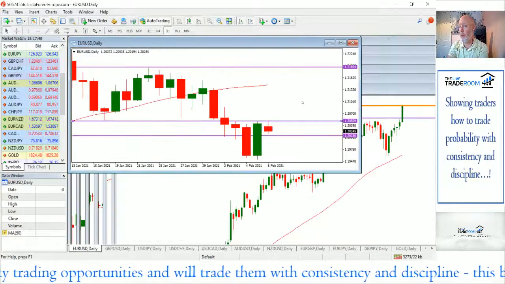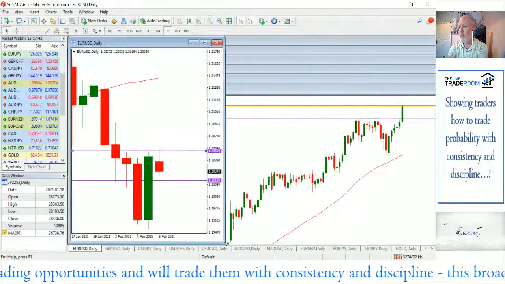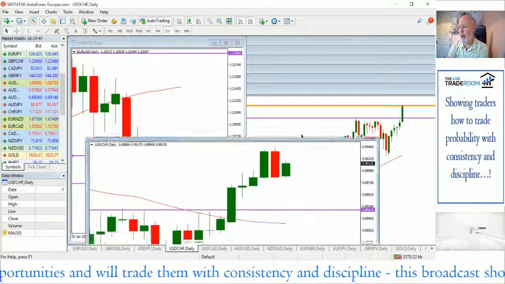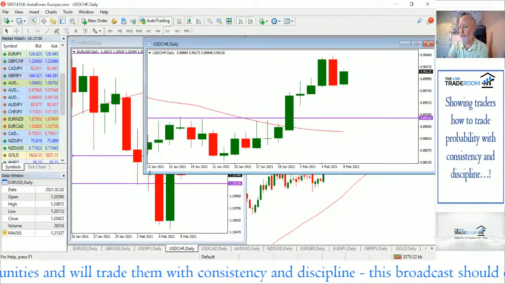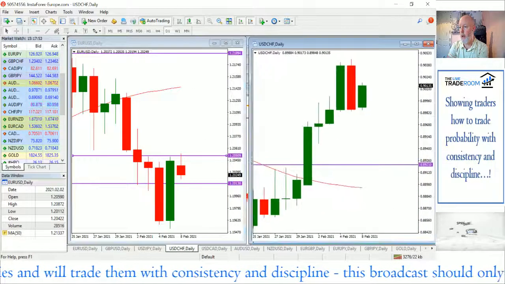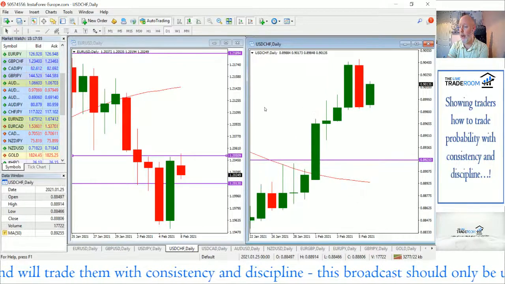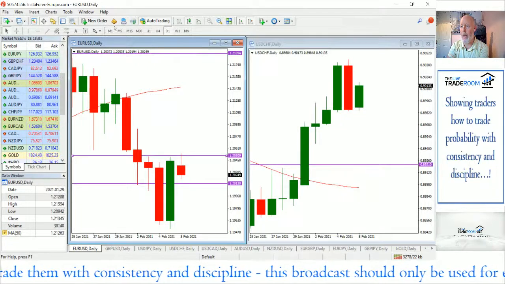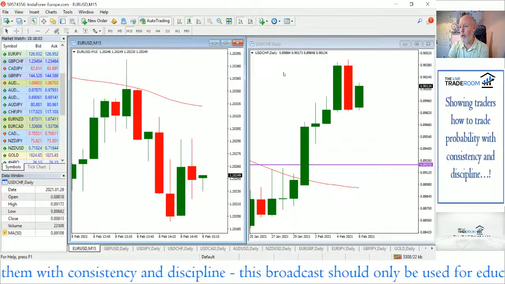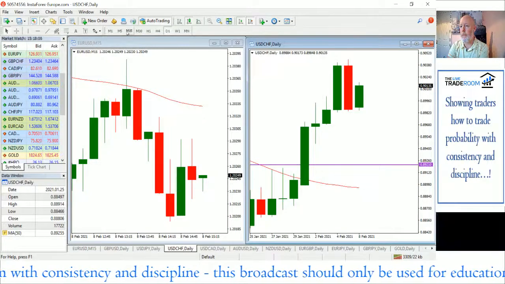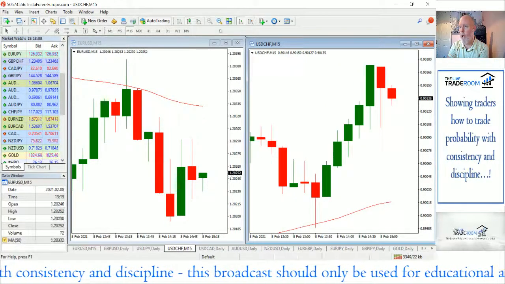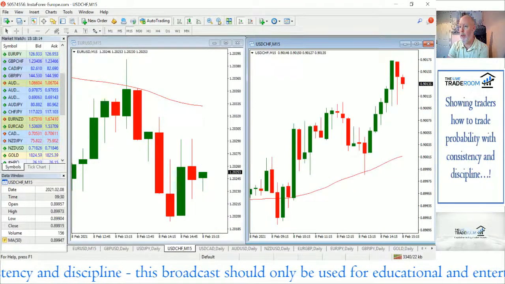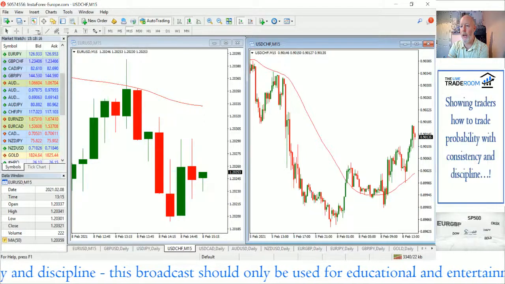So what we do is we go through the process of just looking. We can split the page up nicely. They're both correlated markets, so it wouldn't be a case of getting into both of these trades. So we know we want to sell the euro dollar and we want to buy the dollar Swiss. So now we can go down into these lower time frames, and we know which markets we want to trade. We know what direction we want to trade them, and now it's just waiting for those opportunities to arrive.